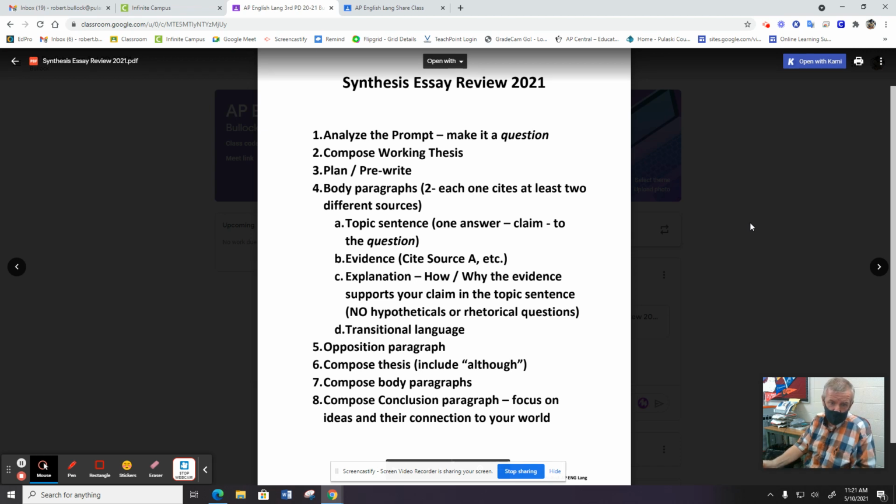Now let's move on. Compose the body paragraphs, compose conclusion paragraph. Same thing, focus on the ideas. Okay, questions about this one? We good? Does it make sense? I got to go back in and add what I say I was going to add up here. Read the sources. Yeah, read the sources. Duh. It's kind of handy to read the sources if you're going to cite them.